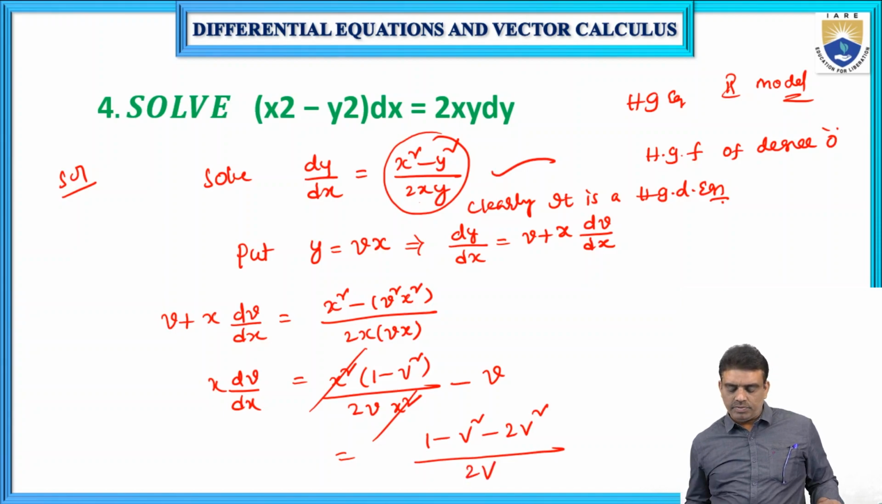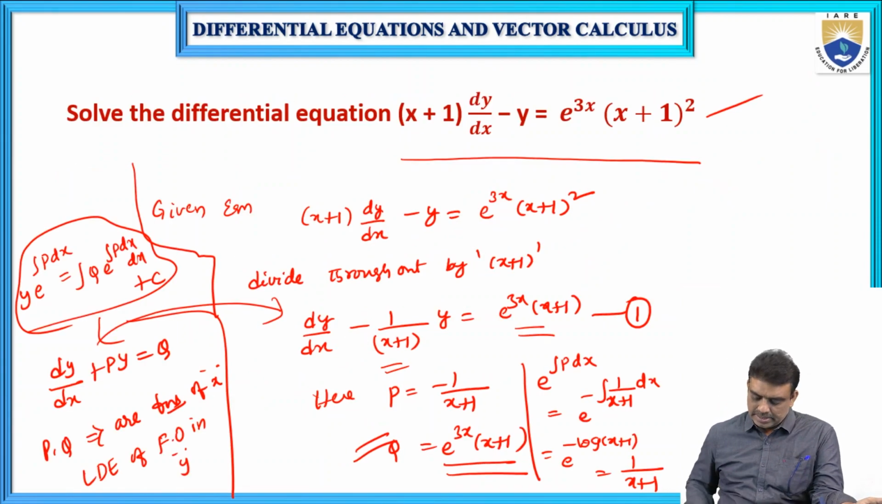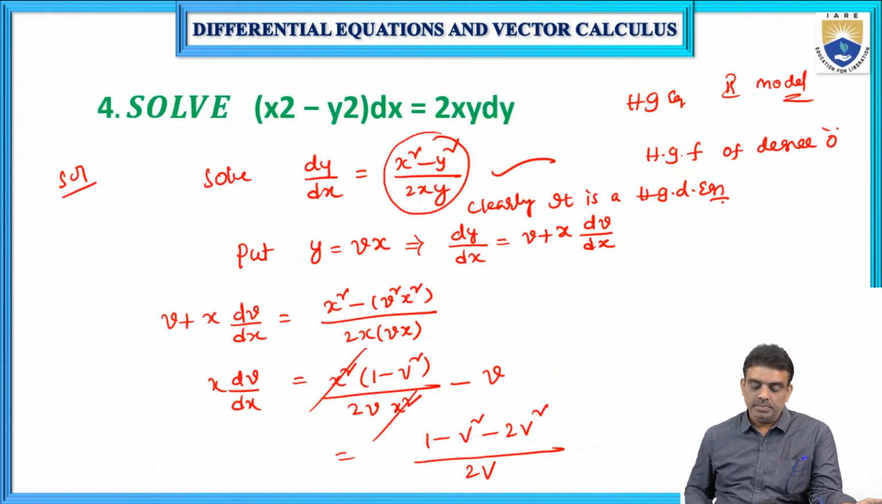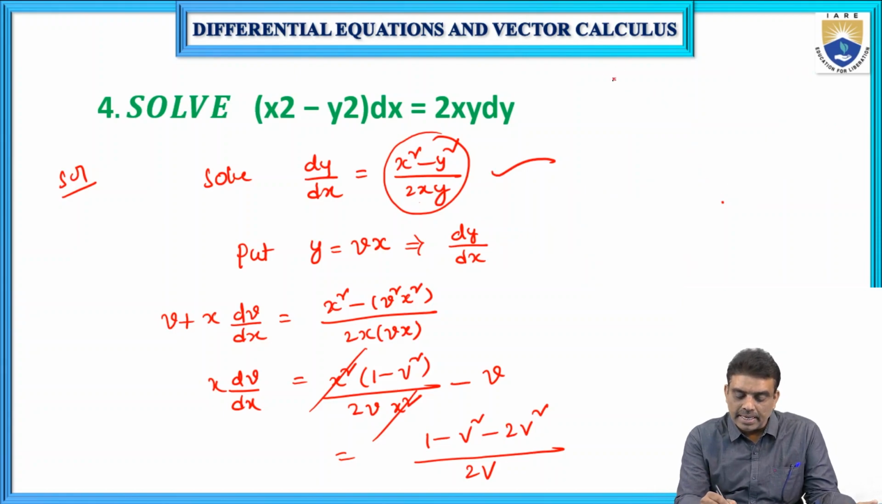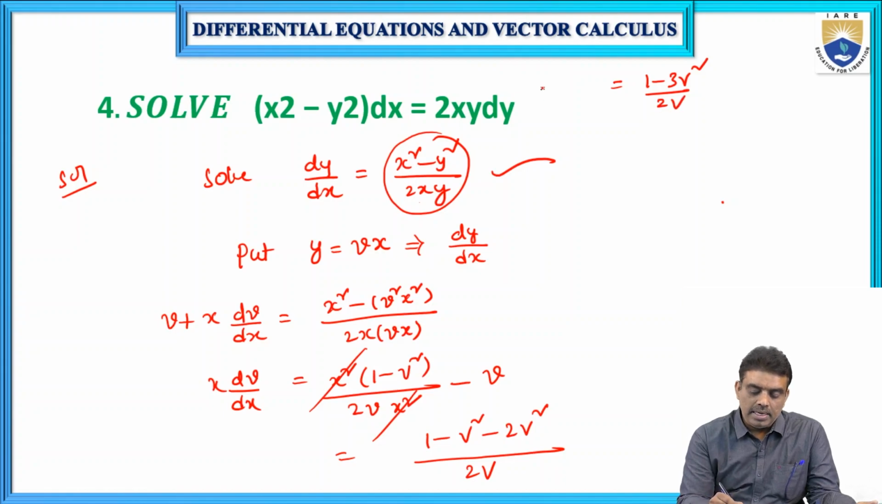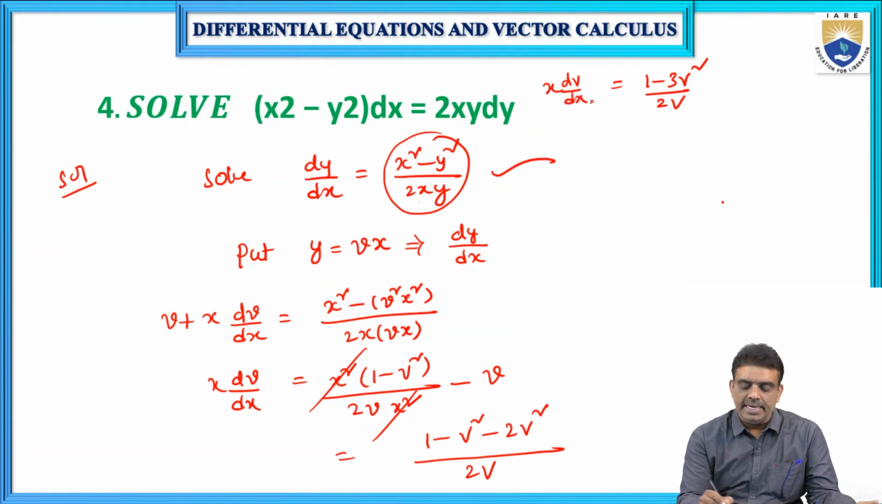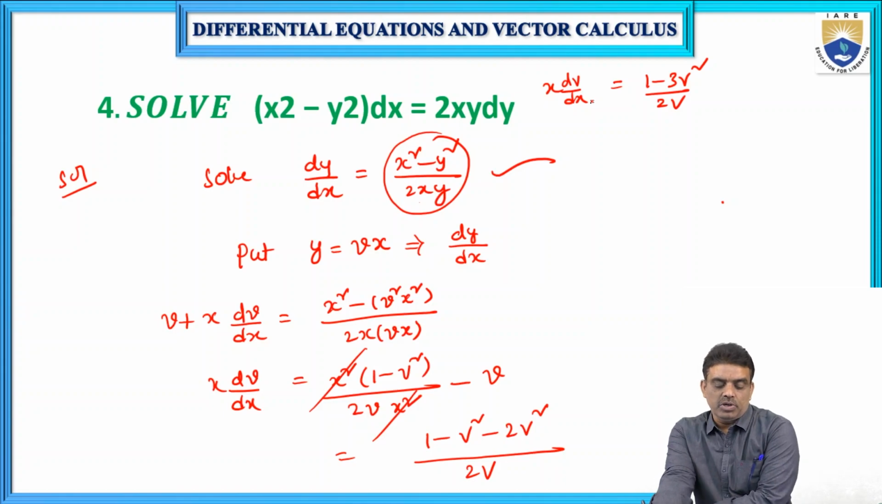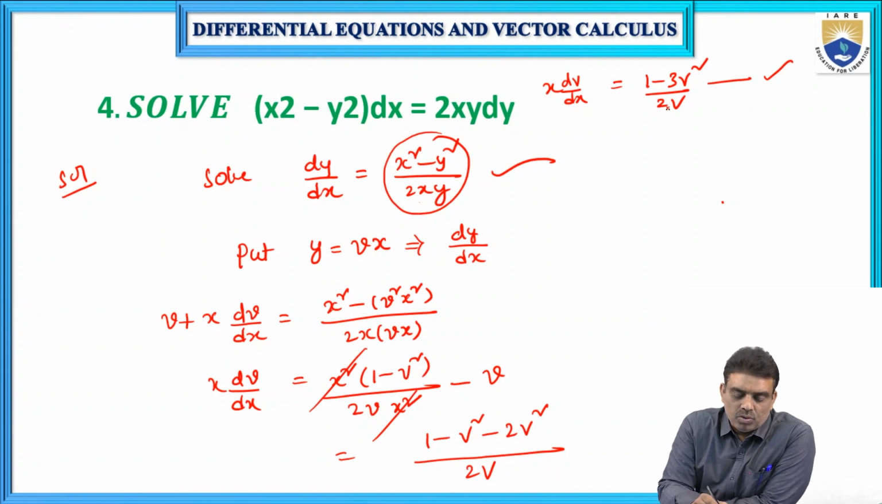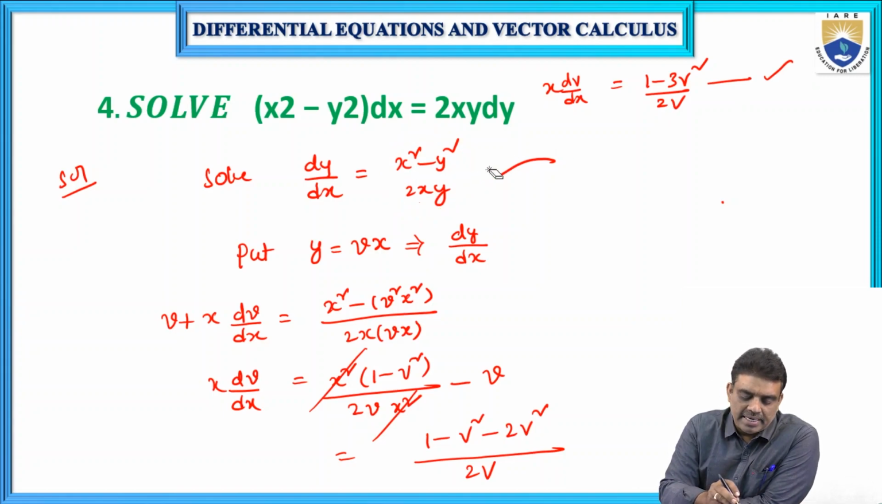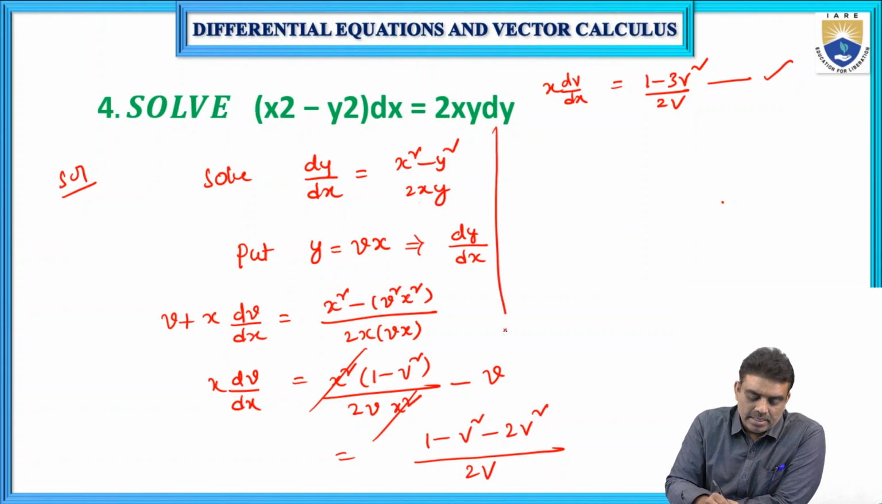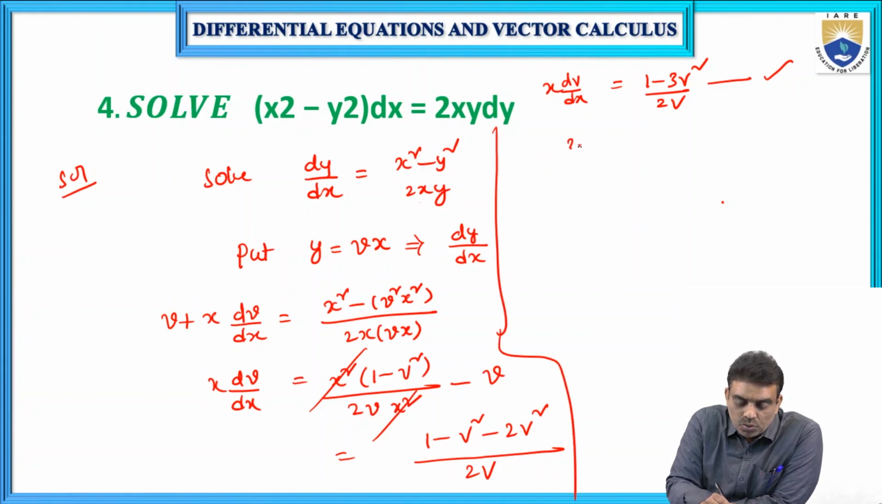So this is equal to 1 minus 3v square by 2v, and on the left hand side x dv by dx. Now there is a possibility of doing variable separable form. So take v variables on the dv side and x variables on the dx side. Then how can you write? 2v by 1 minus 3v square dv is equal to